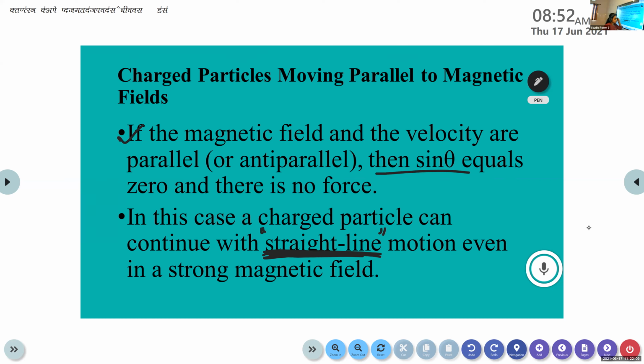It's not clear, Achyut. Can you ask it? What is anti-parallel? Anti-parallel means in opposite direction, if it is moving in the opposite direction to that of the magnetic field. Parallel or anti-parallel. Sometimes the magnetic field is along this direction and the charge particle is moving from this direction; even though the angle between the velocity of the particle and that of the magnetic field is 0, it is parallel or anti-parallel. Okay. Yes.